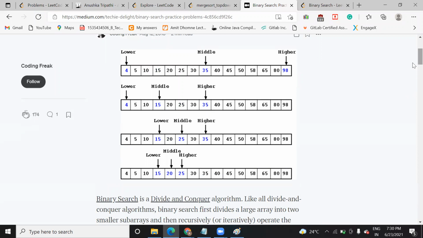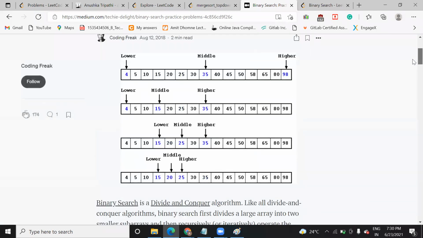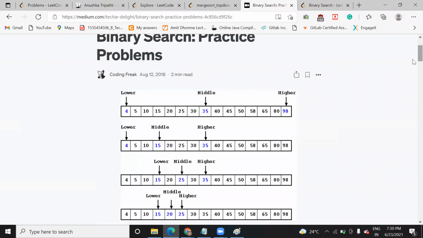So binary search, you know how it works. I don't remember. Okay. See, it's a technique to search the data.